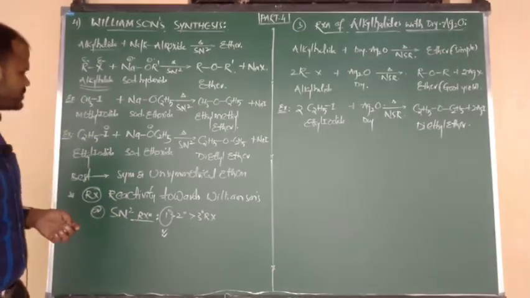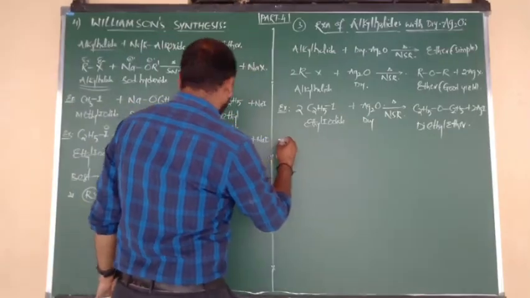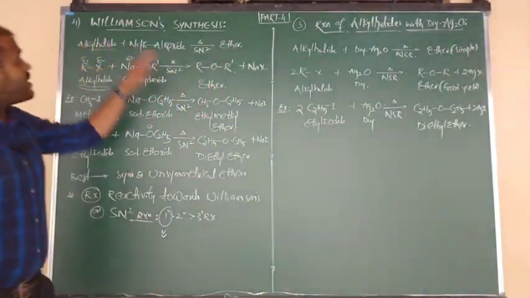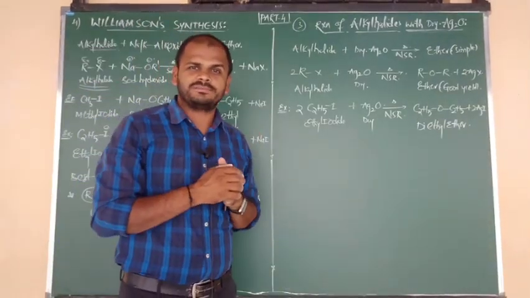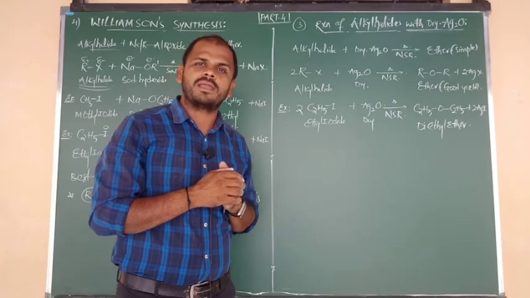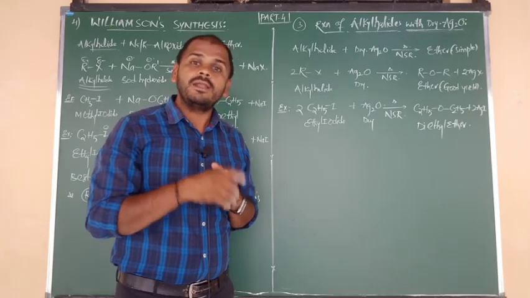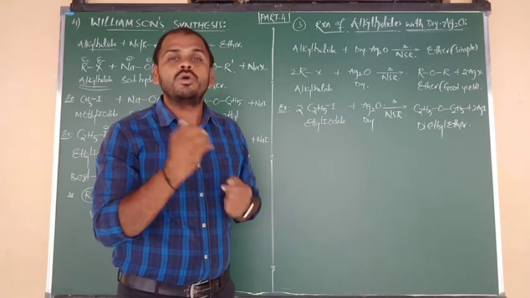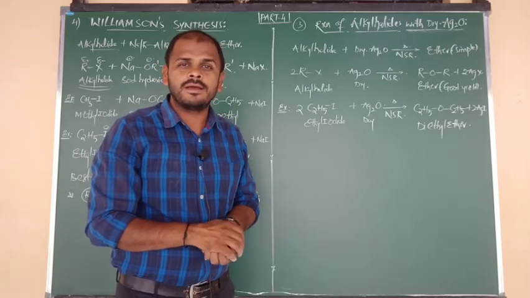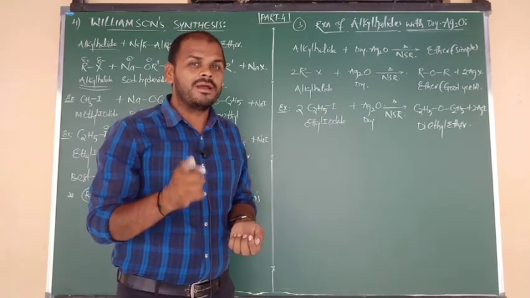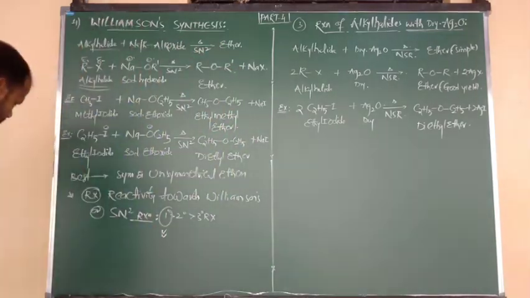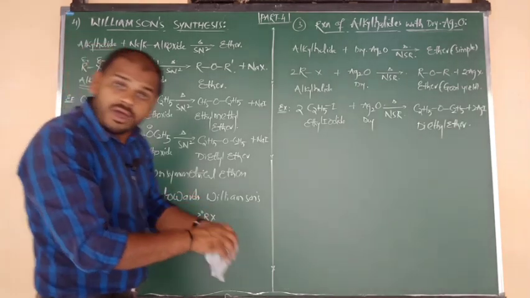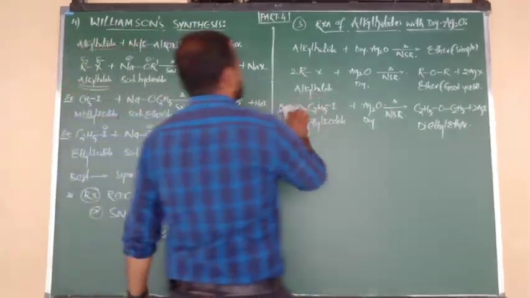Good. Next, here I want to discuss with you, on the basis of Williamson's ether synthesis, two very important questions. Question number 1 is the preparation of anisole, which is also one type of ether. And one more is phenetole, which is another question. These questions have already been repeated in board papers. In the board exam that question was repeated: give the preparation of anisole by Williamson ether synthesis.